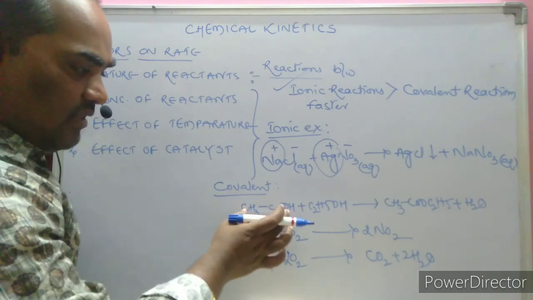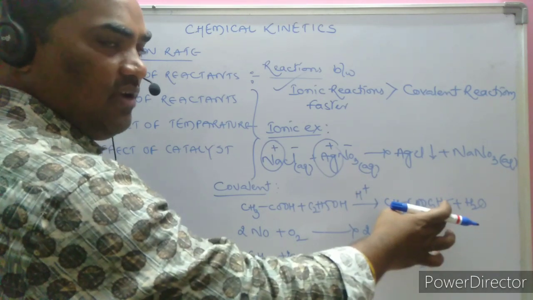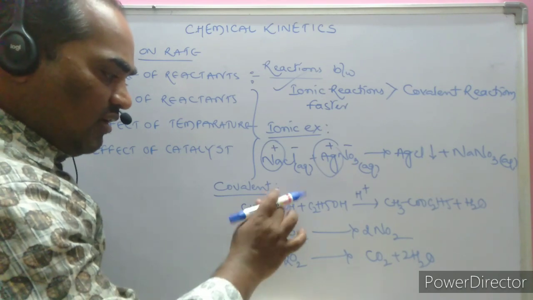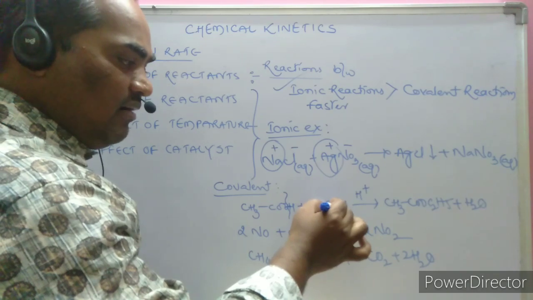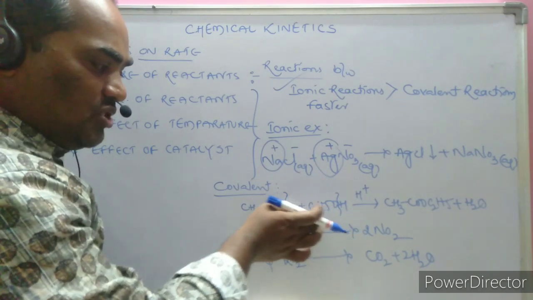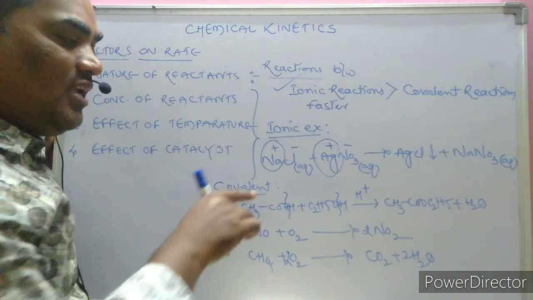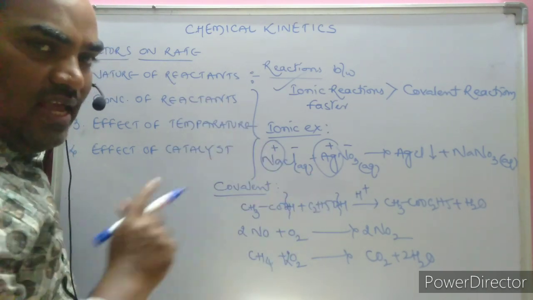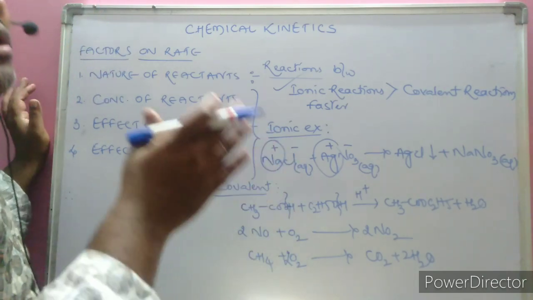Whereas in covalent reactions, here acetic acid is reacted with ethyl alcohol in the presence of an acid, and it forms the fruity-smelling ethyl acetate. This reaction is slow. Why? Here the bond between the oxygen and hydrogen atoms needs to break, and here also the oxygen and hydrogen atom bond needs to break, and new bonds need to be established between the reactant molecules. Hence bond breaking and bond making take time, so these reactions are slow. The more rearrangements there are in a covalent reaction, the slower the reaction.